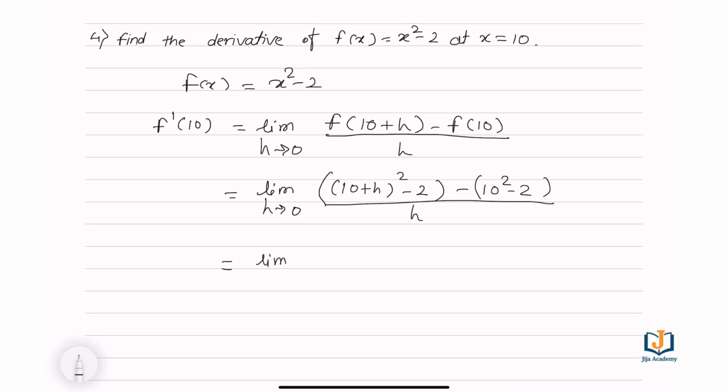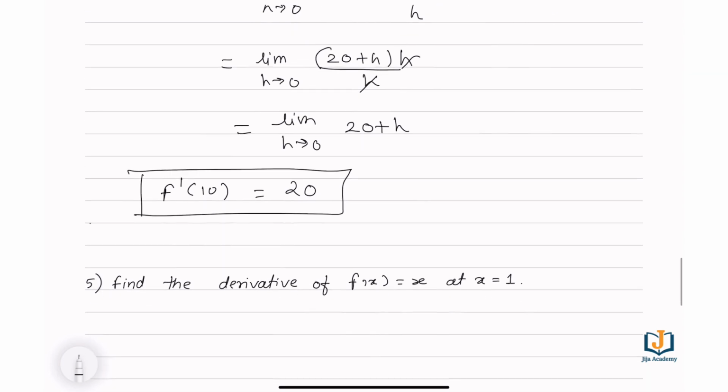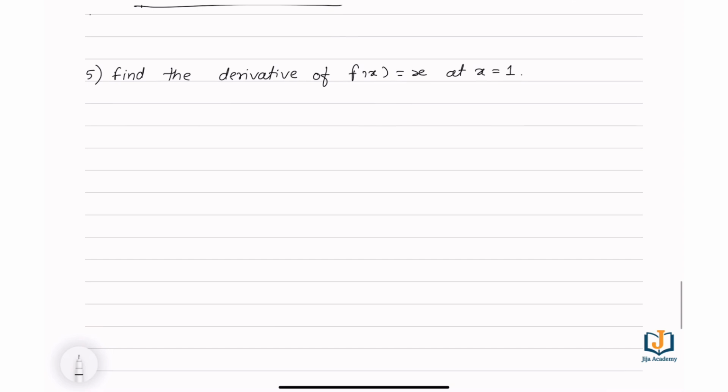limit h tends to 0, 20 plus h into h divided by h. So limit h tends to 0, 20 plus h. So we get here answer 20. So f dash of 10 is equal to 20. This is the answer. Moving to the next problem, find the derivative of f of x is equal to x